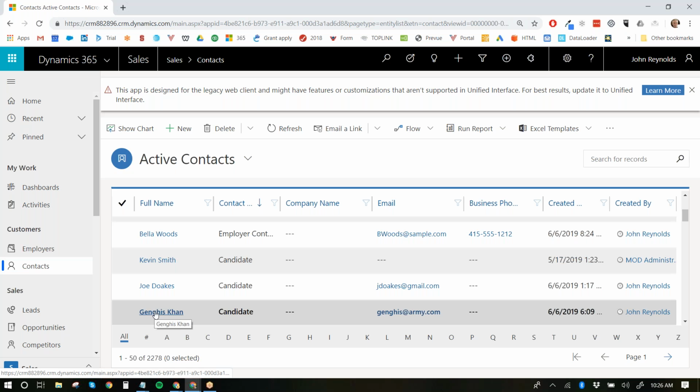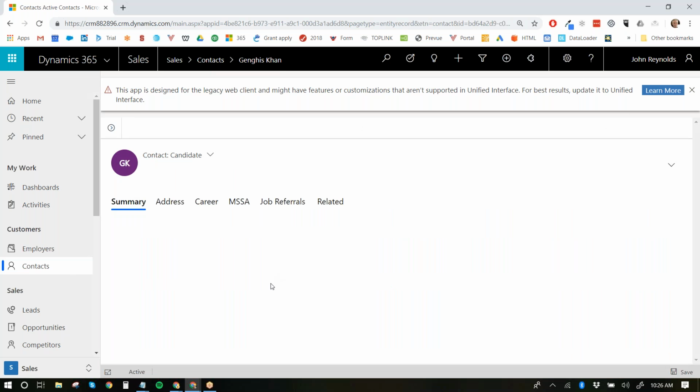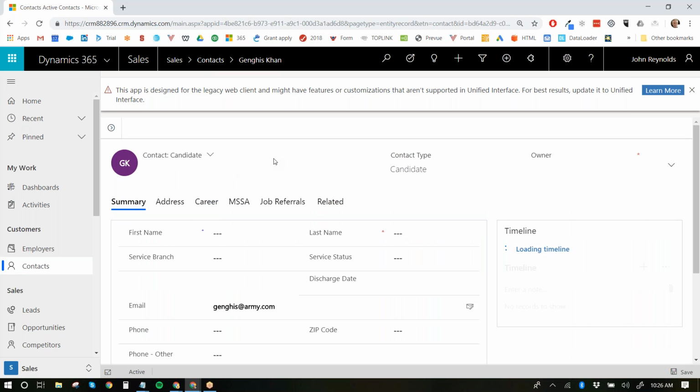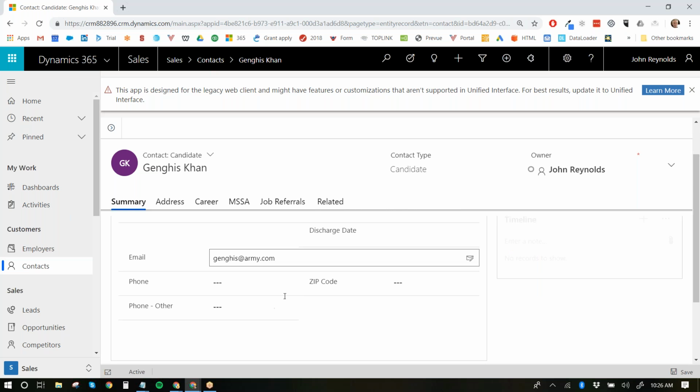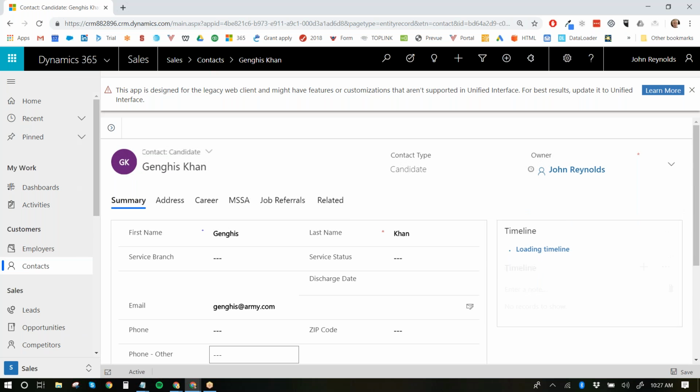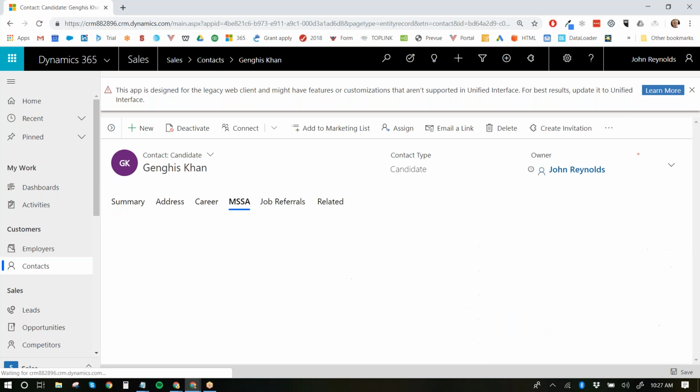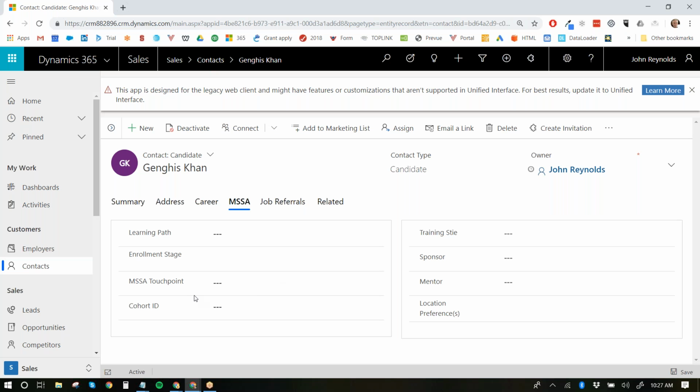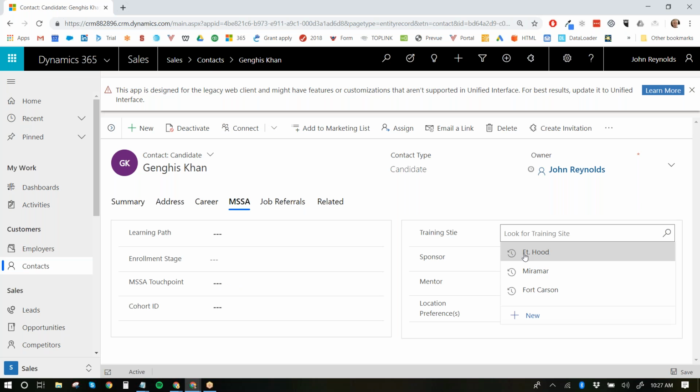I think if we go to Genghis Khan here, it'll show that he has a training where his training site is, and so we can click on that guy. MSSA is where it is. Oh, you know what? Okay. Here's what we can do.